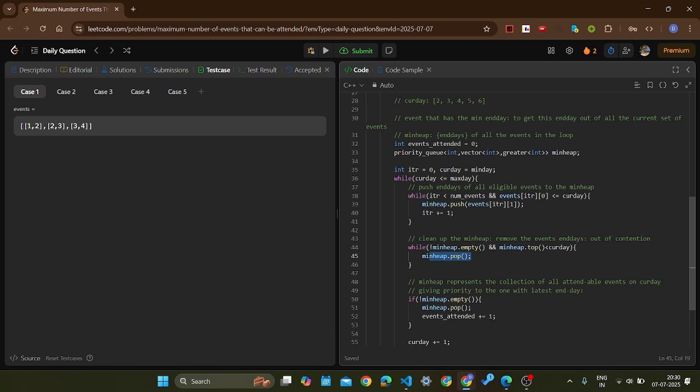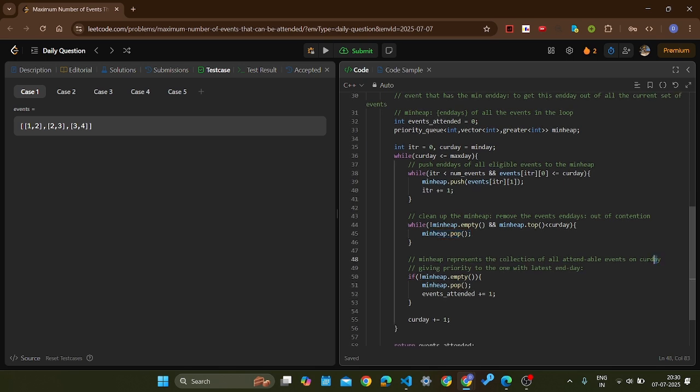And if we still have a collection of attendable events on the current day, we can attend any such event, but we are giving priority to the event which has the smallest end day. We're going to pop that entry from the min heap and increment the events count by one, and the current day also gets incremented.